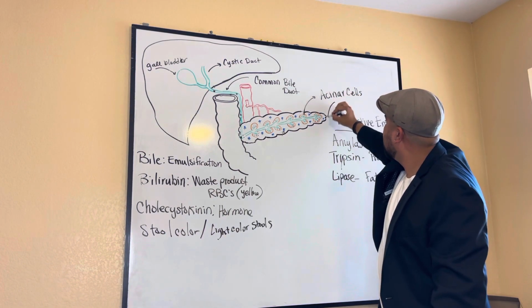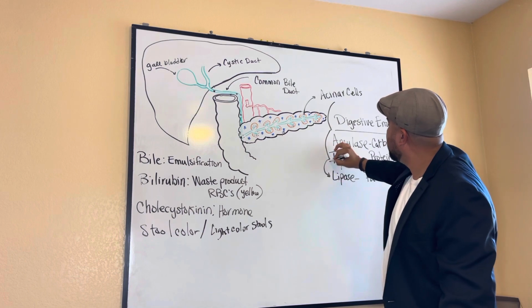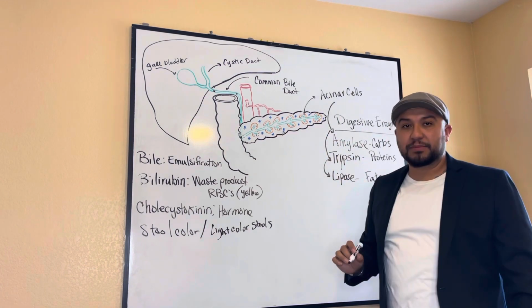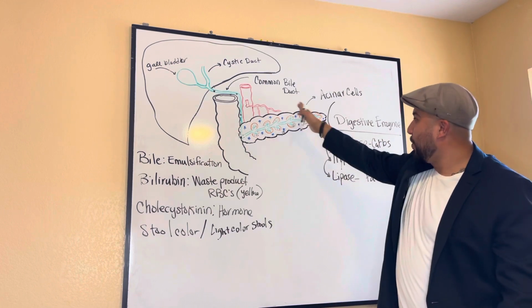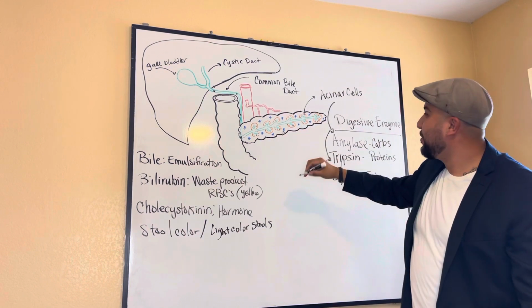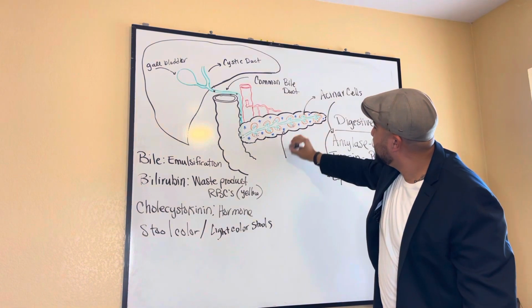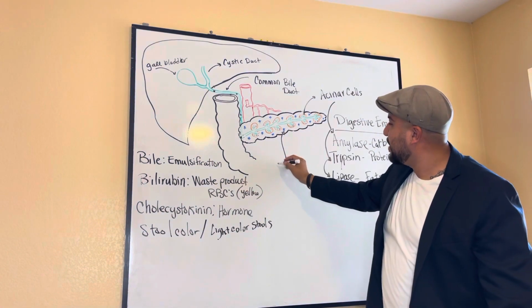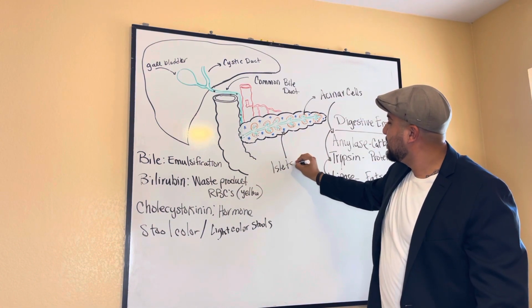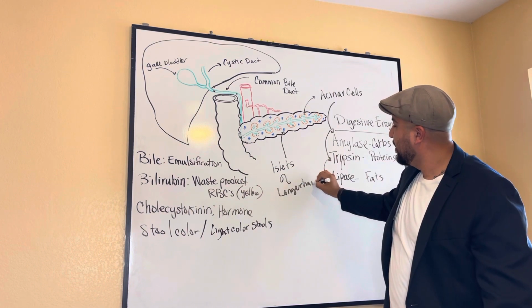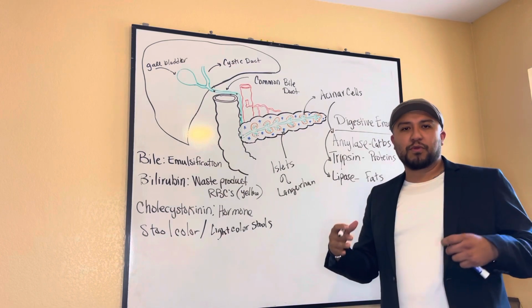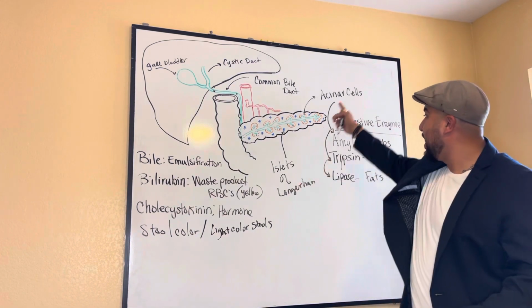And the acinar cells are the ones that help us produce these digestive enzymes. Those are outlined by these little orange arched diagrams that I put up here. And we also have these blue ones, which represent the islets of Langerhans. The islets of Langerhans play more of a role in the endocrine function versus exocrine function,